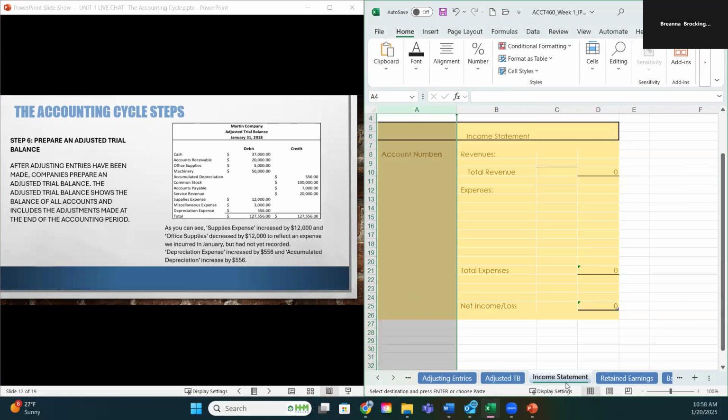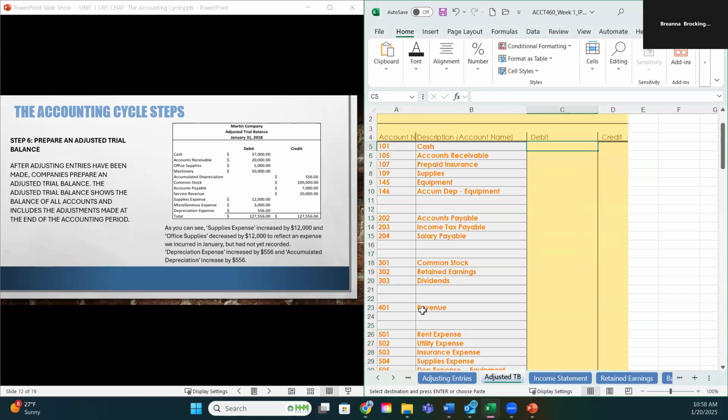You have to pull your net revenue, right? So you go to your adjusted trial balance. If you copy this line,